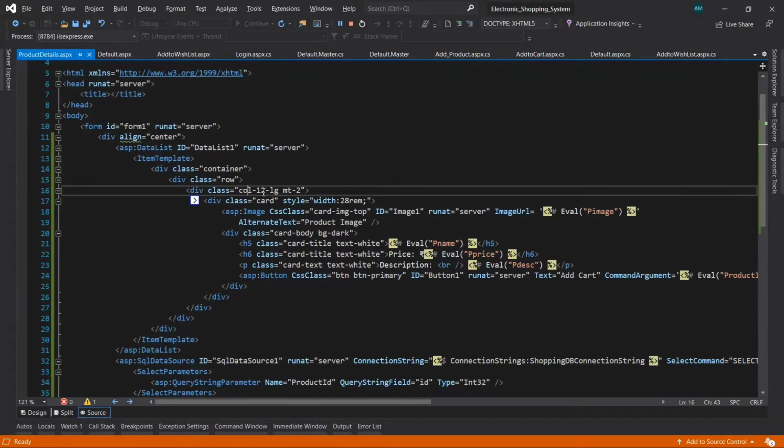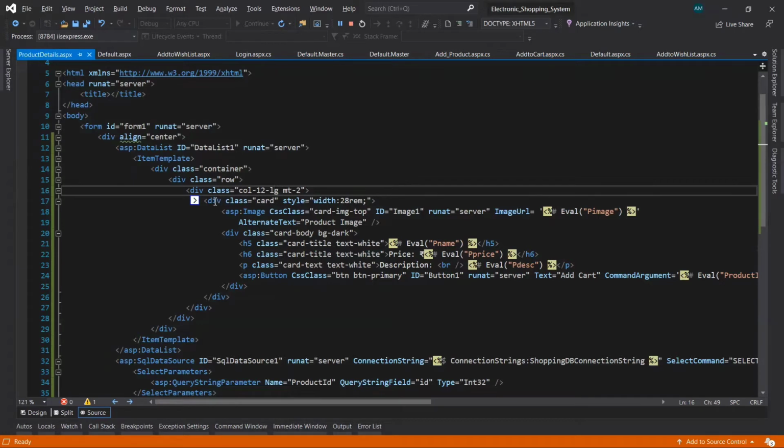And you can set on which screen size it should change the screen content accordingly. That means it will act responsively. So here I've used large. You can use extra large, small, medium, or extra small. You can use your own bootstrap classes here.